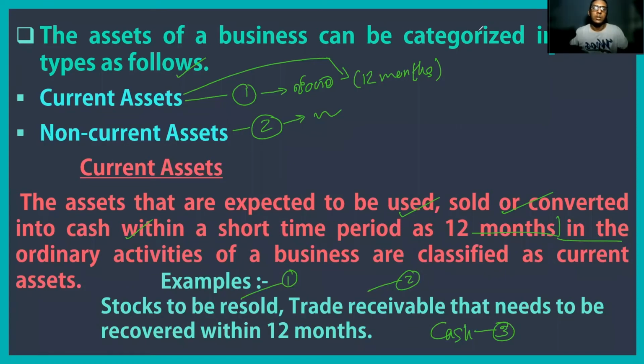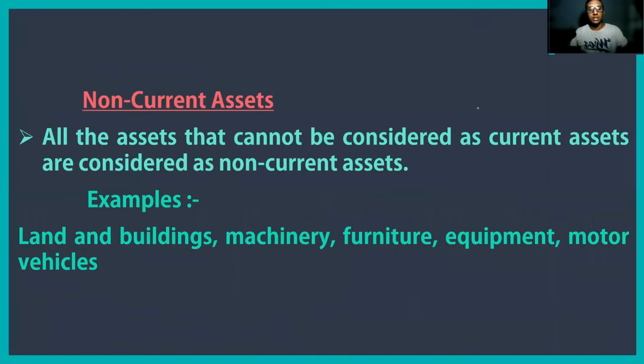All right. Let's go to the non-current assets part. After that, we have liabilities. Thank God, we can get rid of assets. I'm just joking. You have to learn well. So let's move to the non-current assets. When it comes to non-current assets, the time period would be more than 12 months. All the assets that cannot be considered current assets are